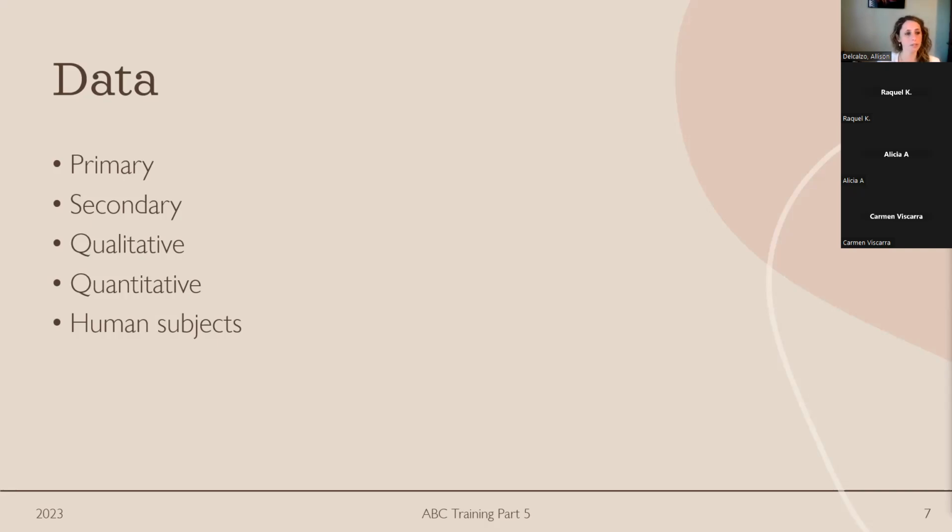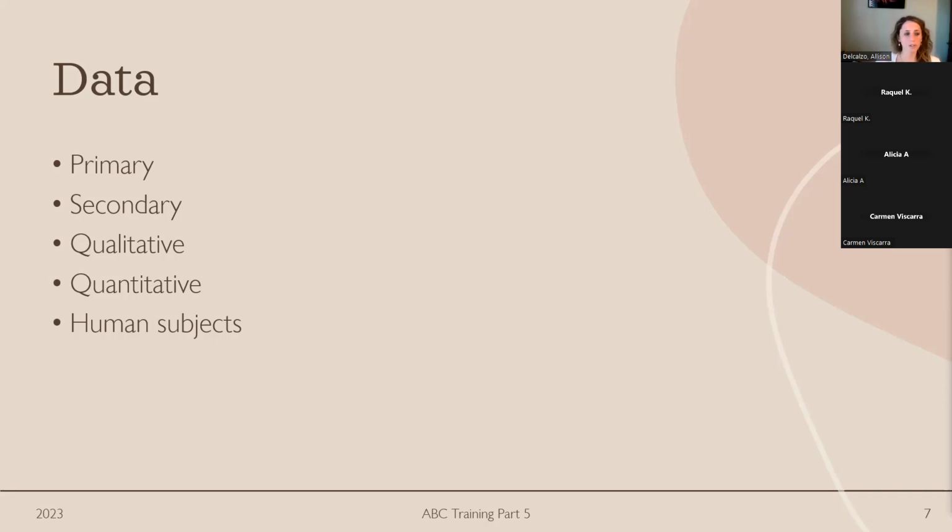Quantitative is using numbers and measurement. So quantitative data, an example might be 45 people walked into the grocery store between the hours of 12 and 1 o'clock on their lunch break, or during the lunch hour. And out of those 45 people, 39 people used the self-checkout. Okay, so like that might be quantitative data.